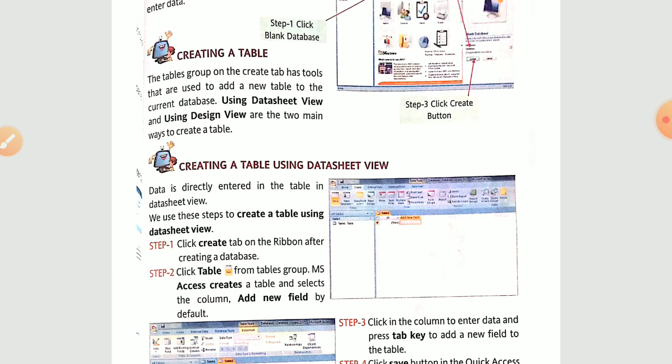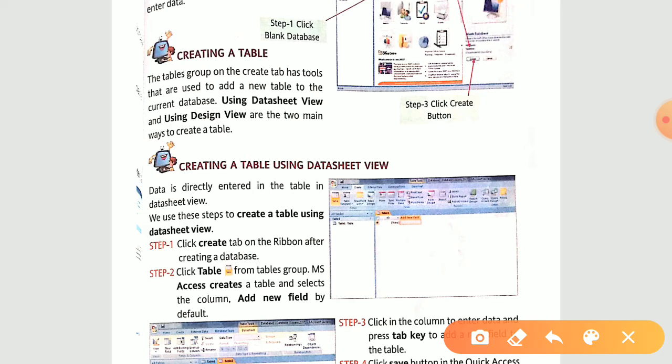Now see, firstly we have created a database, and we have already studied how a database is created. We are having bundles of tables together and these tables consist of the database. Okay, so see the explanation. The tables group of the create tab has tools that are used to add a new table to the current database.